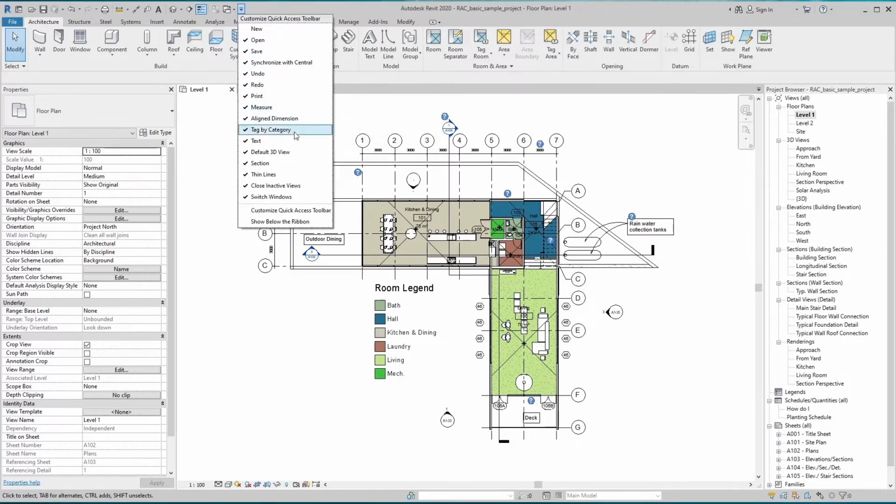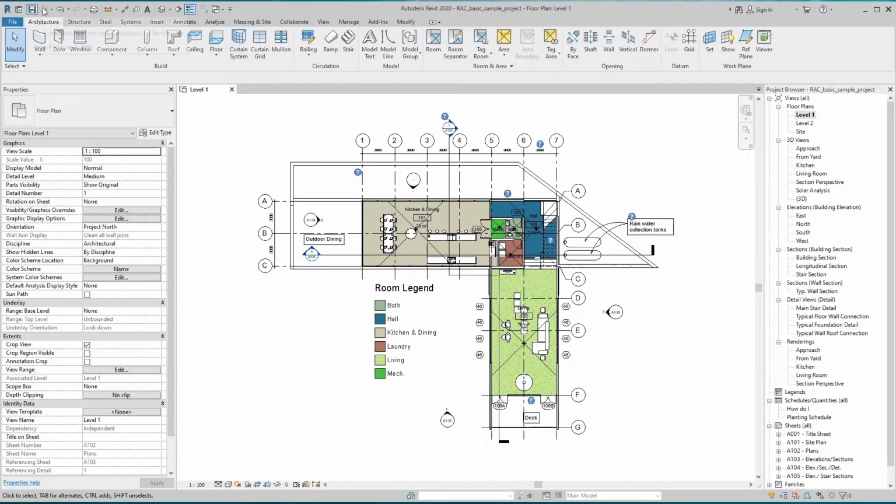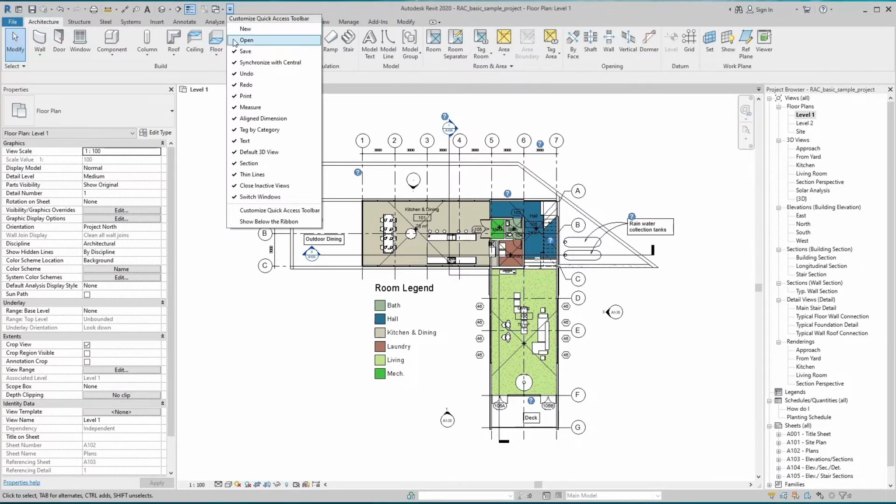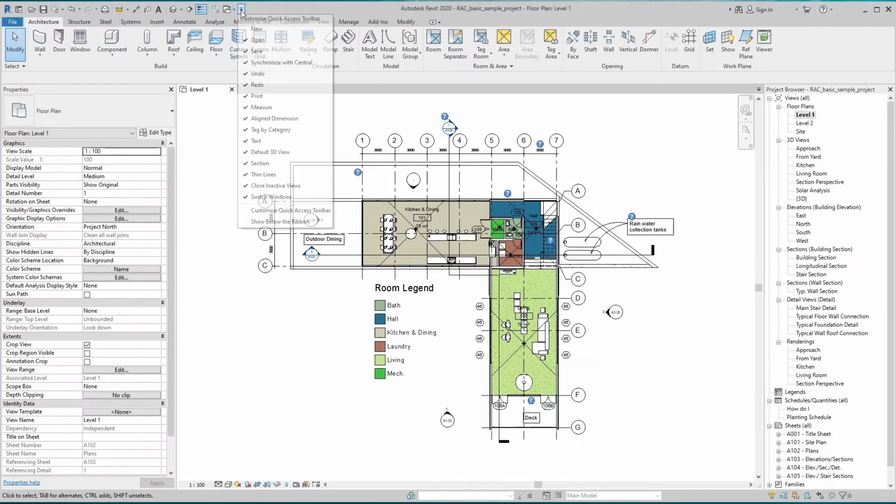This is the customized Quick Access Toolbar. It carries all the Quick Access Toolbar tools. You can remove or add any tool from the bar. All checked tools appear in the bar and unchecked tools do not appear in the bar. You can add a tool to the Quick Access Toolbar by simply checking it. The drop-down shows us the default tools.